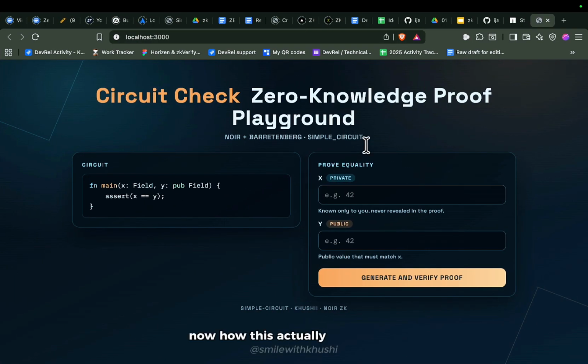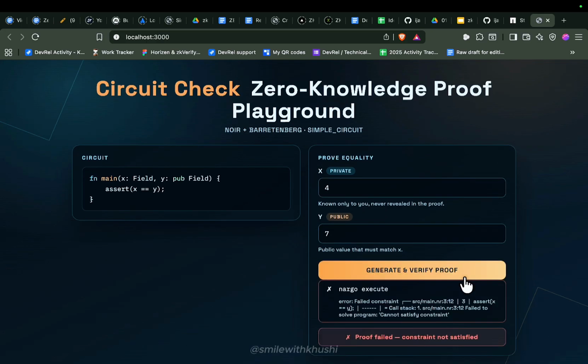Now how does this actually work with the front end? First up, I will have my input. In this particular program, I have to prove the equality through ZK proofs. So if x and y are equal, the circuit will compile, the proof will be generated, and the proof will be verified. But if both inputs are not equal, no ZK proof is generated, and this is the basic logic behind this application. So my input is 4. Again, x is 4, y is 4. Let's go with 7 first. So if my x is 4 and my y is 7, let me try doing this. So what happens now?